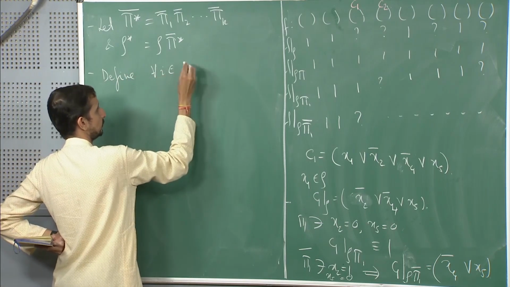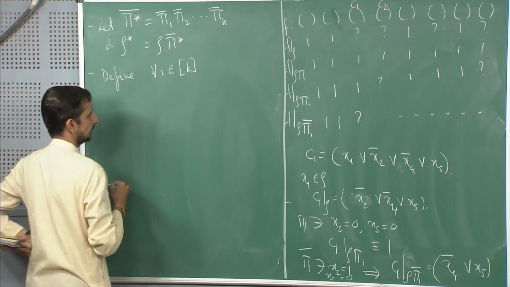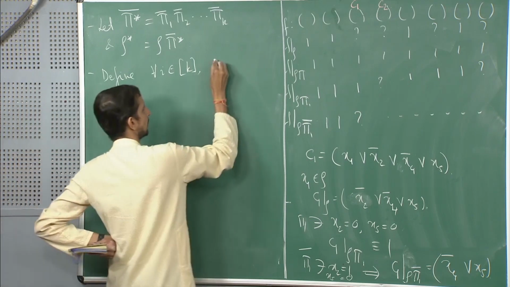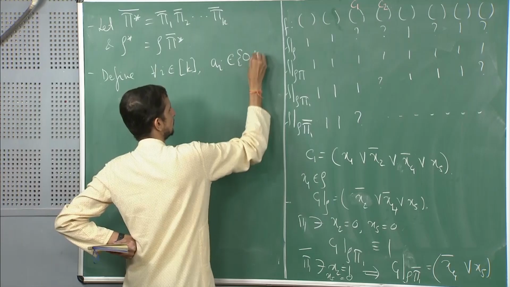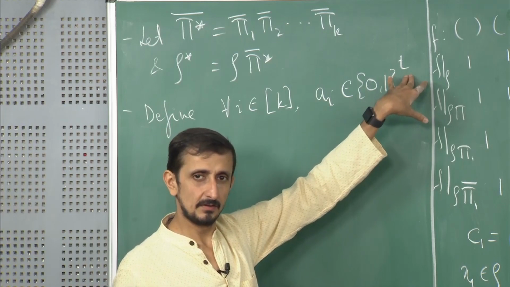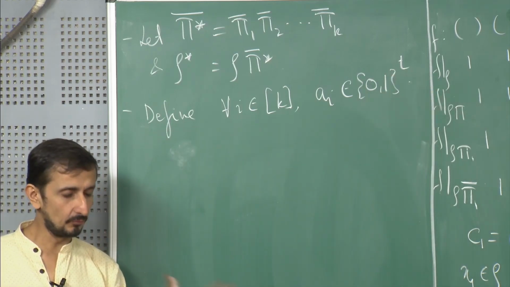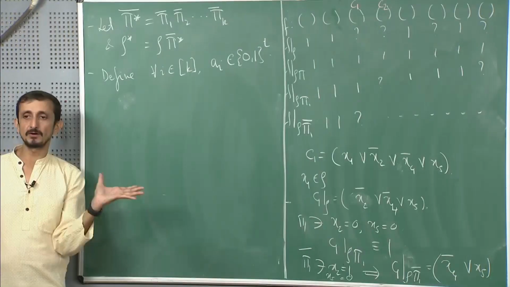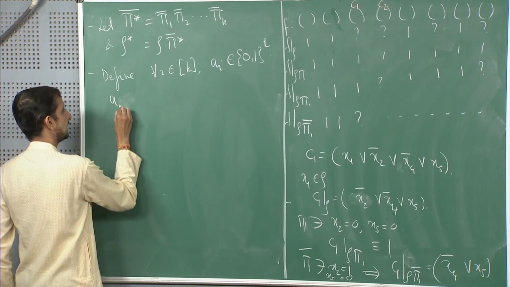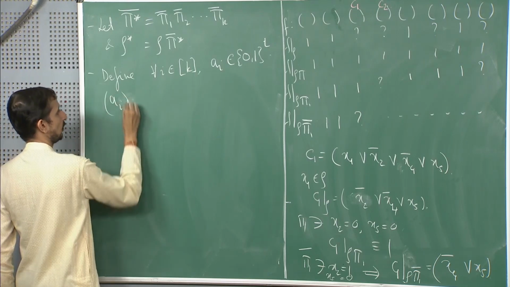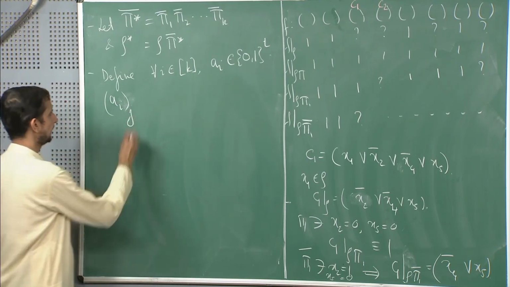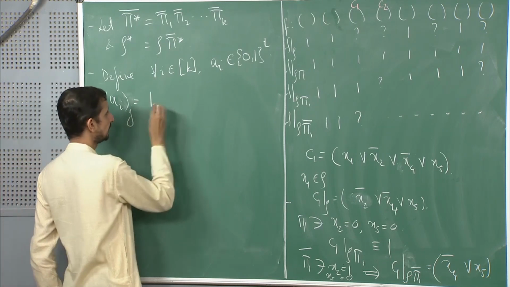For all i belonging to 1 to k, a_i belonging to {0,1}^t. Okay. What was t? So, t was the maximum size of a clause, since we took a TCNF. Okay. So, essentially, a_i is a t-bit string, and the jth bit of a_i, a_i[j], will be equal to 1 if